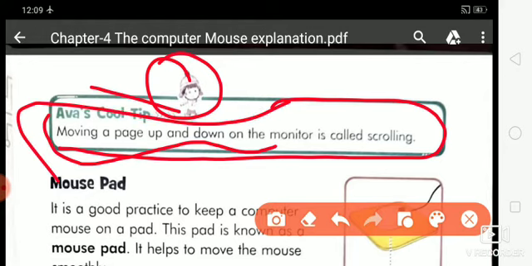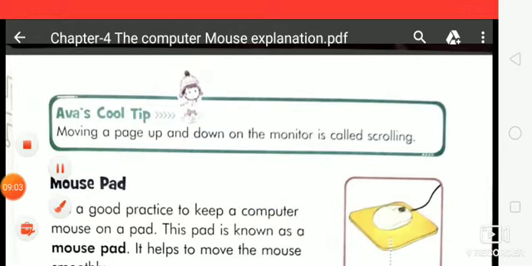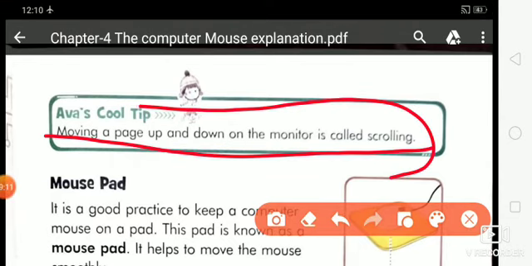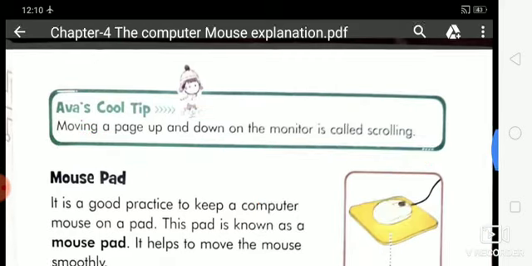As I told you earlier, you can scroll any page up and down on the monitor screen. If you are moving any page on the monitor, you will say that I am scrolling this page. Is that clear?